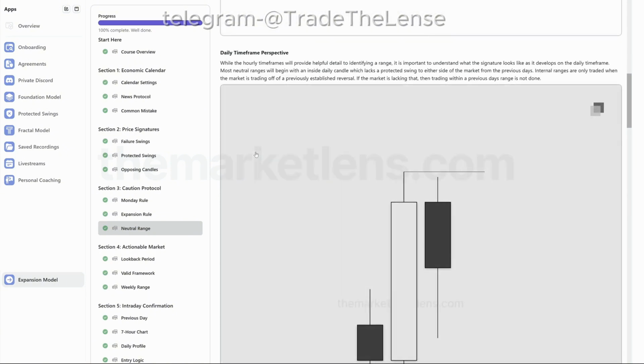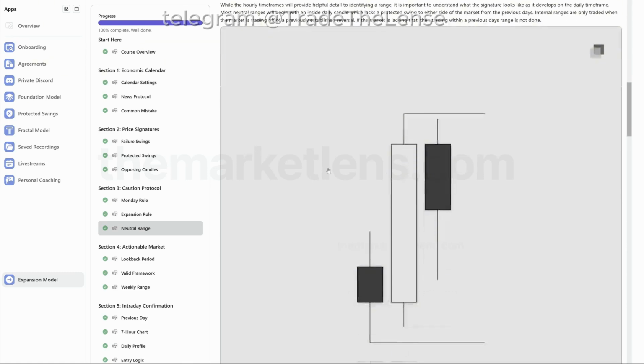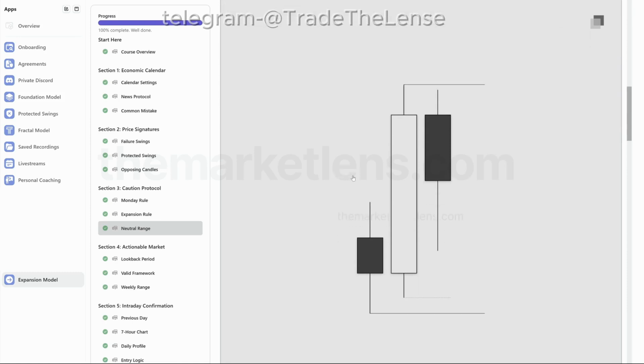We can view it on a daily time frame as well. It's good to get an understanding that when you see certain daily candles, you can anticipate likely failure swings on a lower time frame, like the hourly or 4-hour. For example, when I see this on a daily time frame, closing near the high, I assume this is not a reversal in this candle, but then the next candle doesn't really reach all the way up there. I'm going to assume that's a failure swing on an hourly time frame, similar to this where it's reaching down close to it. This is likely going to be a neutral market where you have to wait for one side